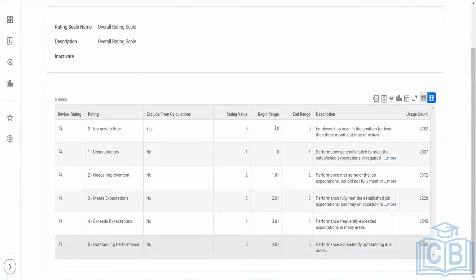This is something which we can set up as per our convenience, because different firms set it up differently. Talking about this rating value, we can define it in whichever way we want. Some companies give 5 as the least and 1 as the highest. This is just because you will get the normal distribution curve, the bell curve. But let me know, because most of the companies have come out of the bell curve.